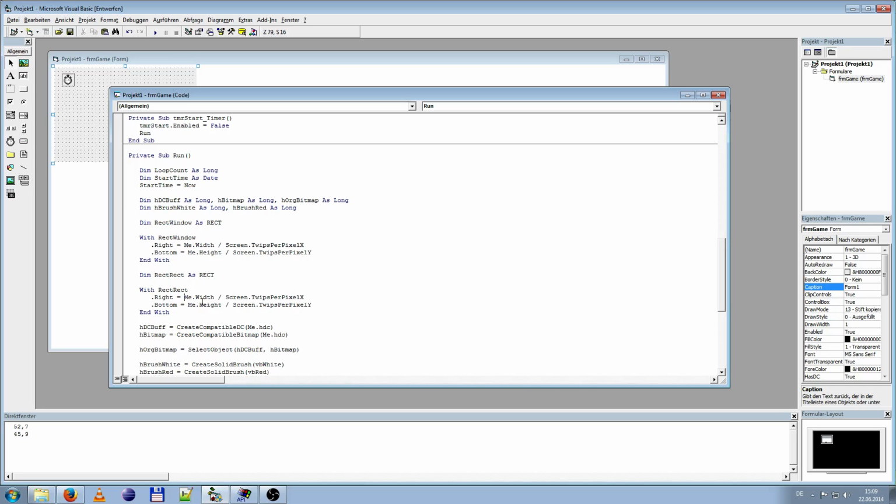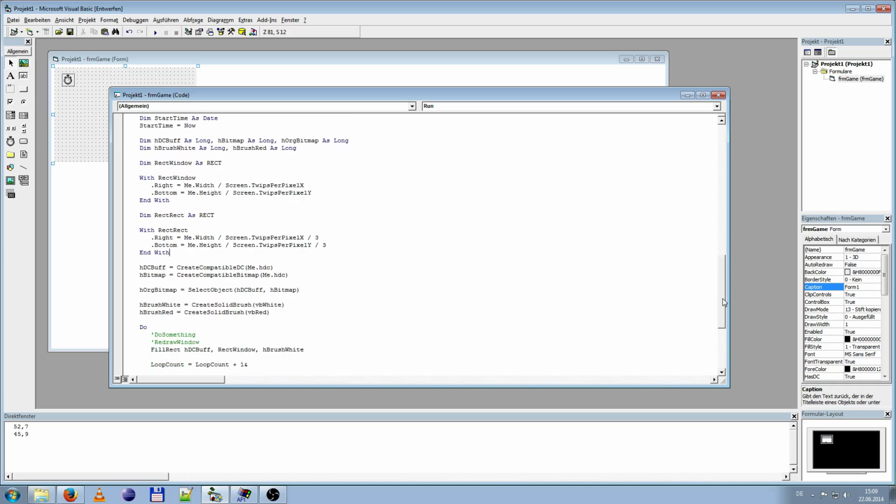Right will be, I think we took 1/3 of the screen, so we divide by 3, and bottom also divided by 3. And yeah, this will be what our rect looks like. Of course, we will basically fill rect right after we cleared everything with rect and a red brush. Red, like this. Okay. So now we have painted